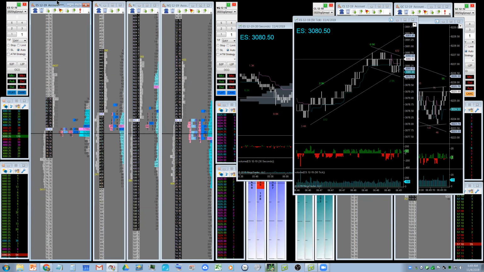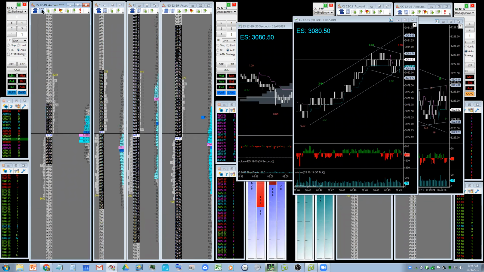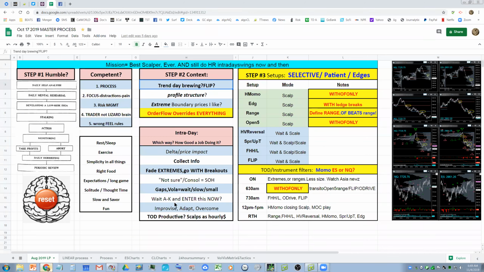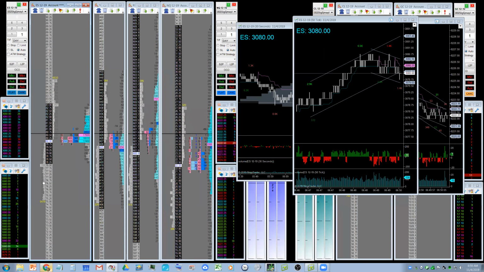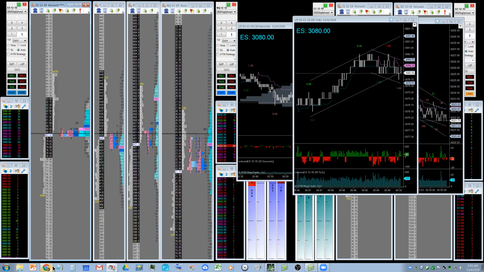And when it does leave that range, it does it in a couple of 3-tick bursts, and then it settles right back down again. The only answer to this particular trading setup is not sure, or consolidation equals sit on hands. That's the default. So we've kind of got this idea there might be a flip brewing. We know what the profile structure is. We've talked about some extreme boundary prices we like, long and short. If you don't remember, we were talking about short anywhere up in here. We were talking about longs down here all the way down to down here because of the overnight.